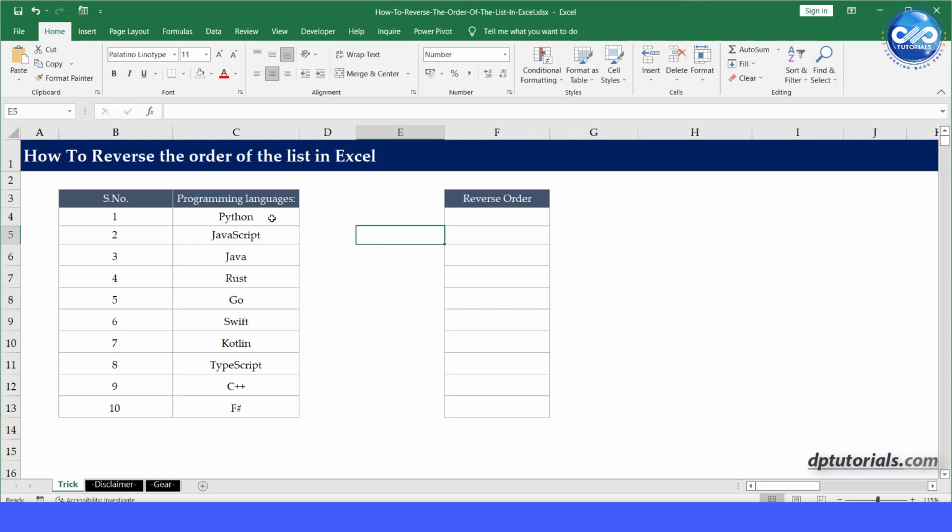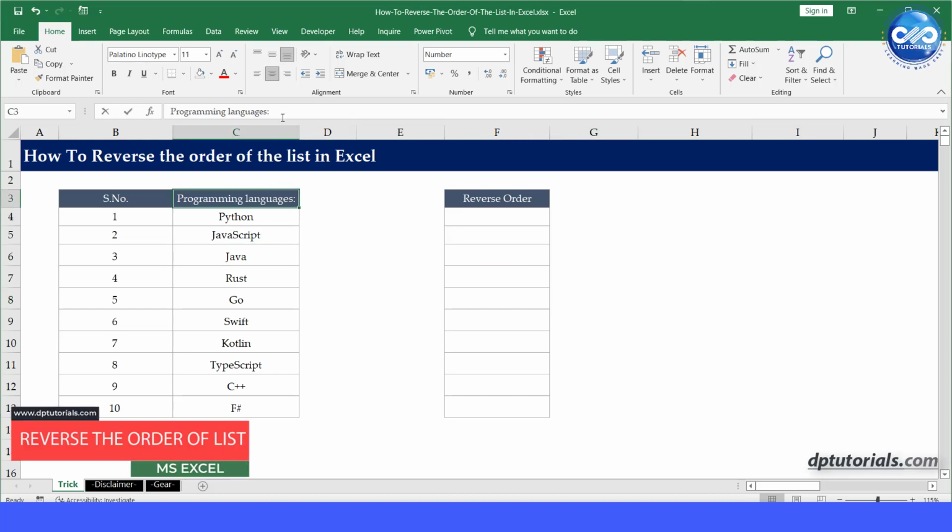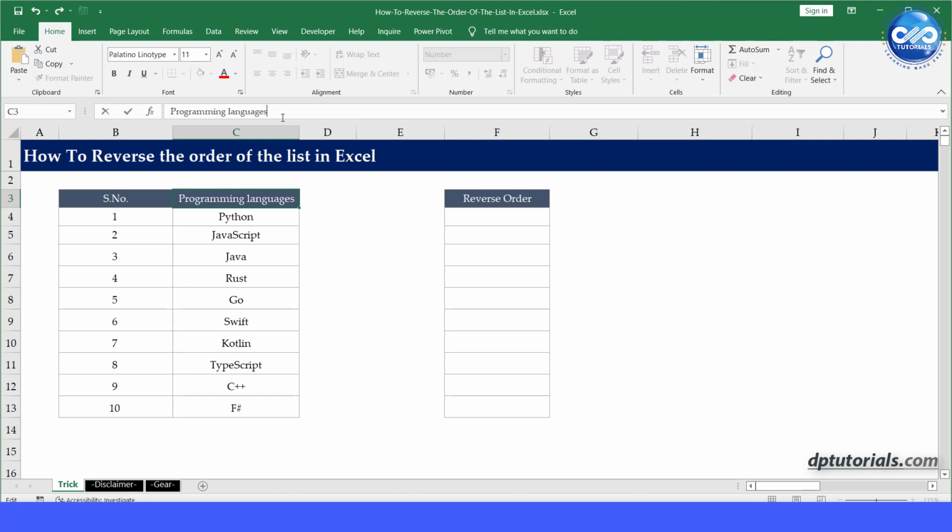Hi friends, in this video let us see how to reverse the order of the list in Excel. If you have sample data like this with top 10 programming languages, let us try reversing the order of